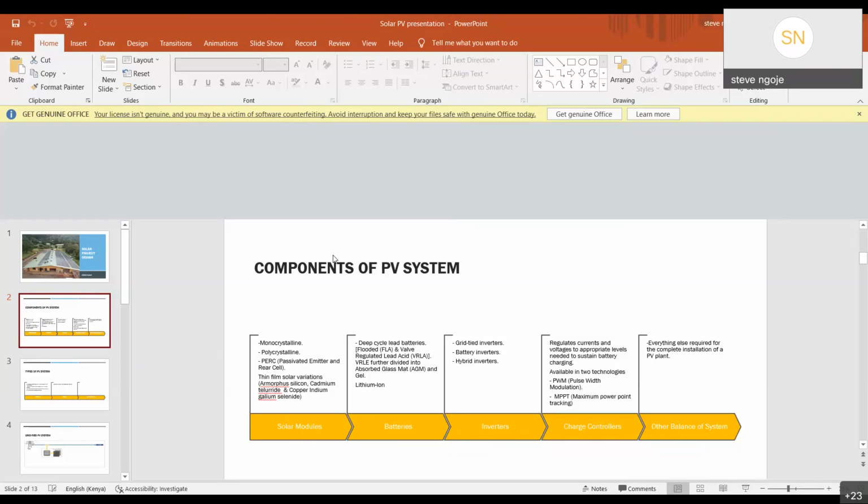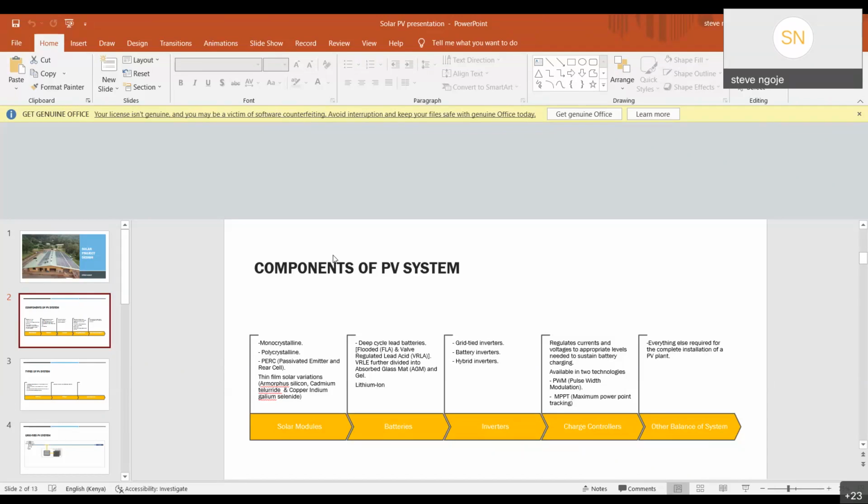So if you are designing a system, you need to consider other factors, because as much as monocrystalline offers you best efficiency, there are things where thin film will work best, where we have high temperatures and all. So it's all about a trade-off of what you really want to do. But for us in the field, since we are in the business of guaranteeing power, the monocrystalline provides better returns than the rest. So on to the next,